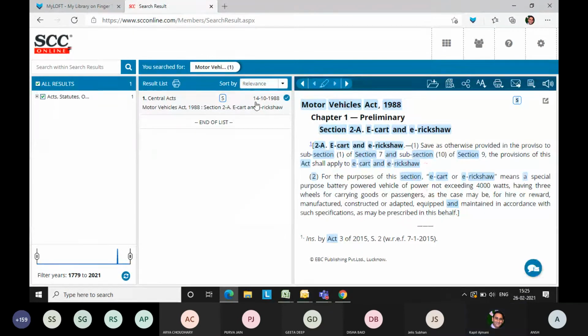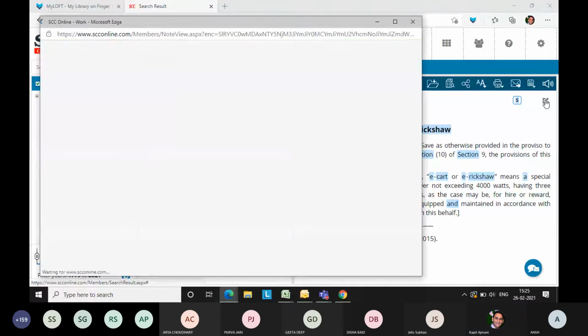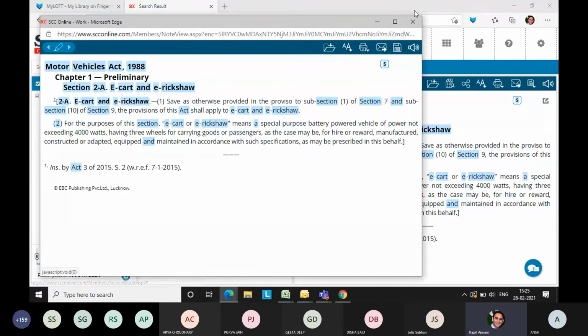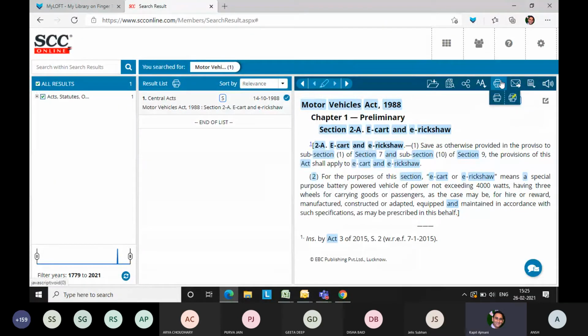This is a statute which is available in front of you. If you want to see it, you can maximize it. This can also be downloaded. If you see the printing, saving option, etc., these are available. Also, sometimes what happens, there are some amendments which have come. So you might not have the list coming particularly in this section.